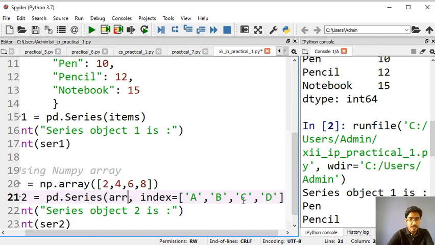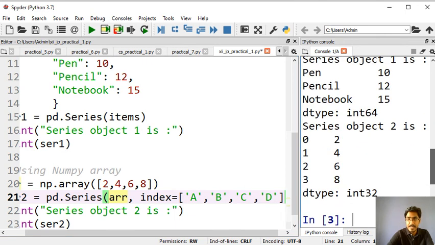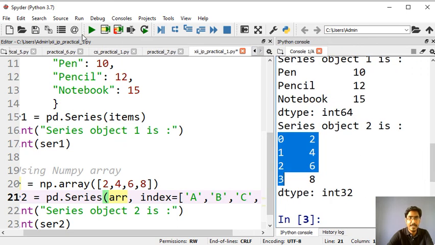In this case, the index will change from 0 1 2 3 to a b c d. Let's see by running this.